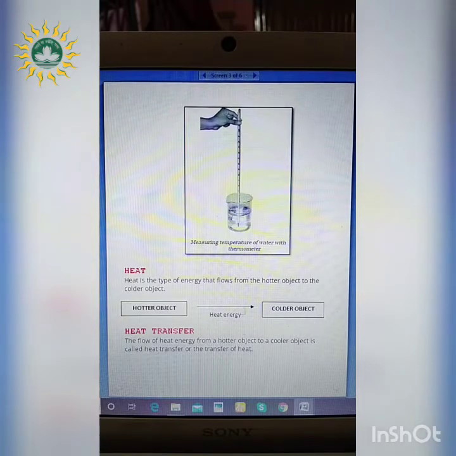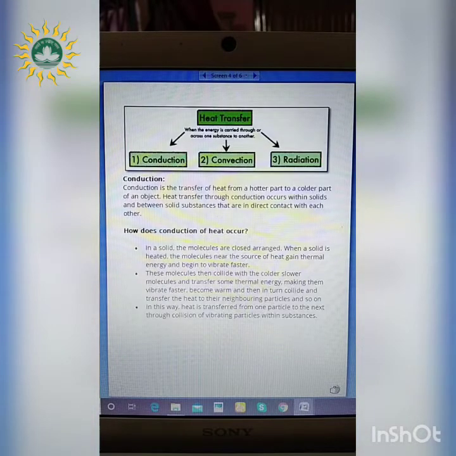And in this process, thermal energy or heat energy helps. So we can say that the flow of energy from a hotter object to a colder object is called heat transfer, or the transfer of heat, and the energy required is referred to as thermal energy or heat energy. This transfer of heat has three main processes. What are those? Conduction, convection and radiation. In this lesson, we will focus on how the process of conduction happens. So we'll start with conduction. So what is that?